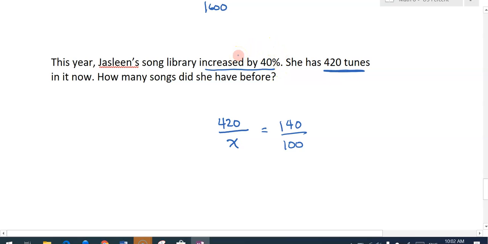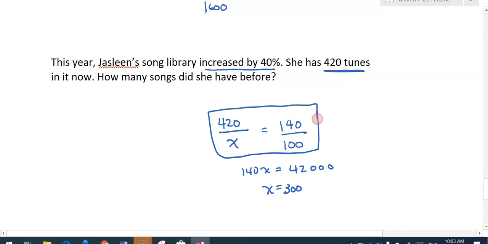And again, we can cross multiply. 140x equals 42,000. 42,000 divided by 140 is 300. Oh, she had 300 songs before. So when you have a problem to solve, you want to set it up in a proportional situation. If you see an increase or a decrease, you have to put in the appropriate increase or decrease there to complement whatever you've been given in the